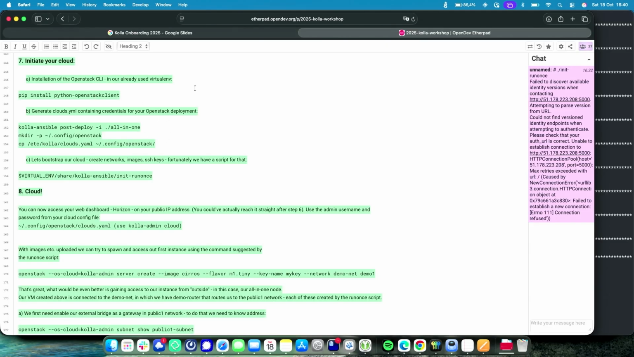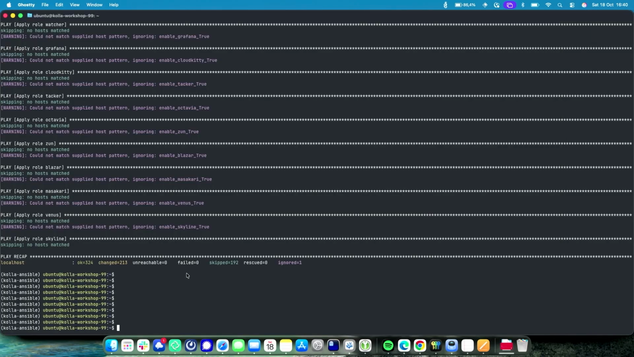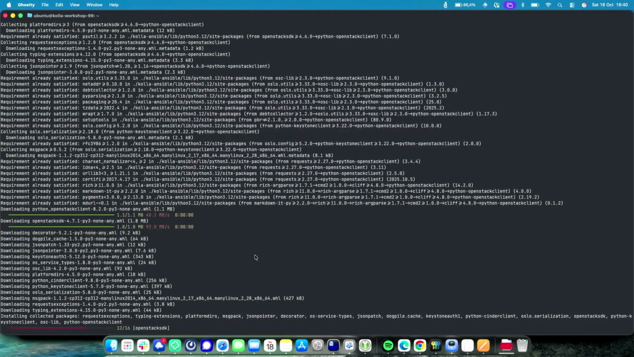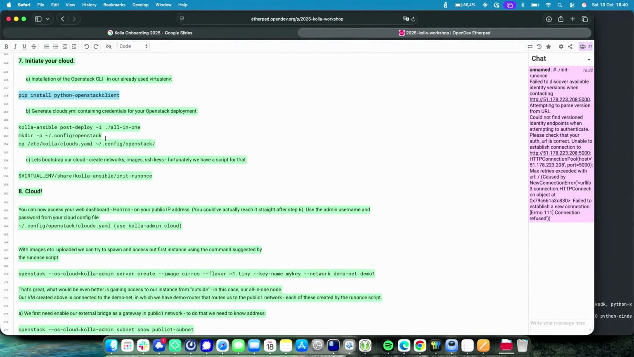we can try using it at some point. So let's install the OpenStack client. Usually I do this in a separate VM, but in this case there's really no need. Let's just install it in our current working virtual environment. Later on we'll run a post-deploy step that generates a bunch of config, and one of them is the clouds YAML file